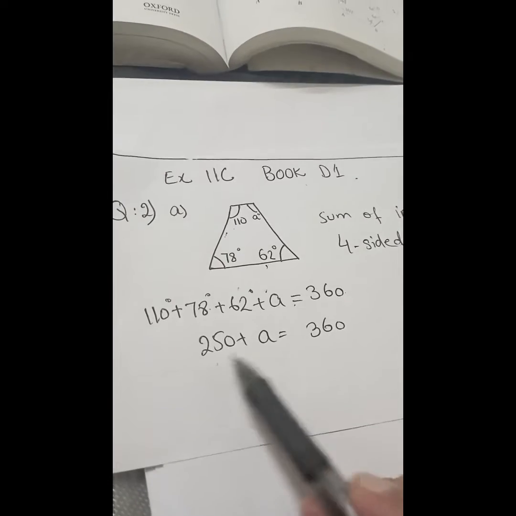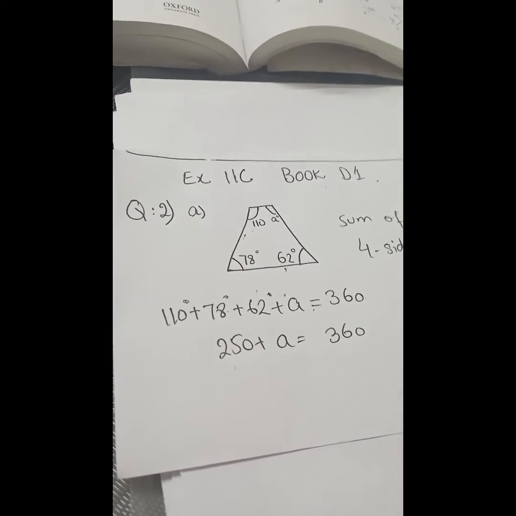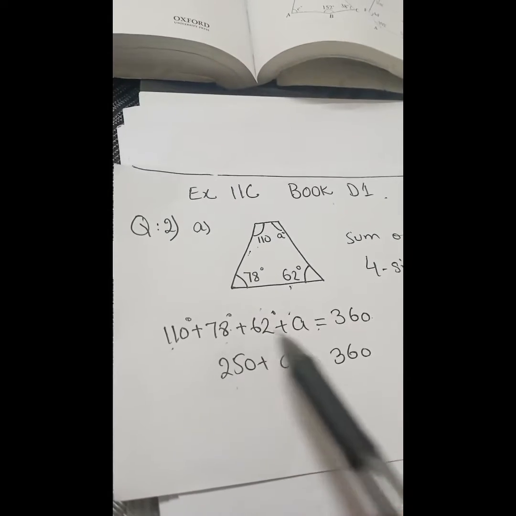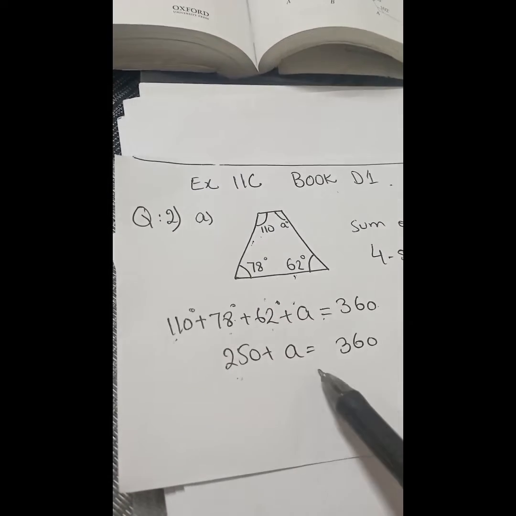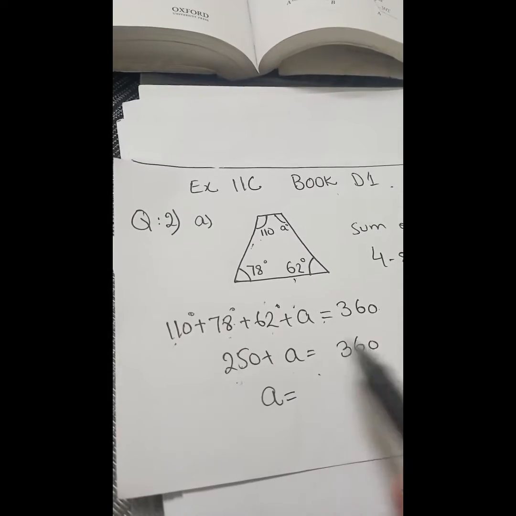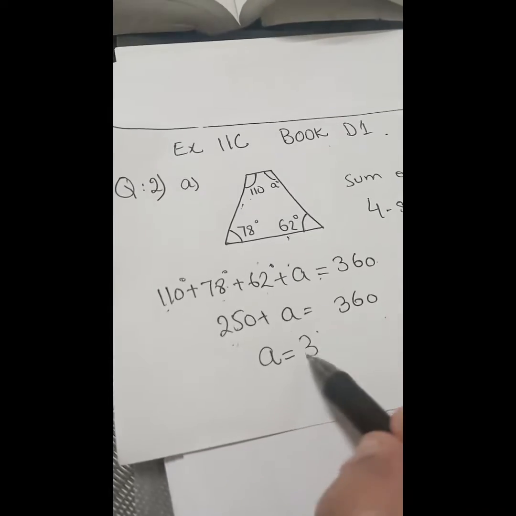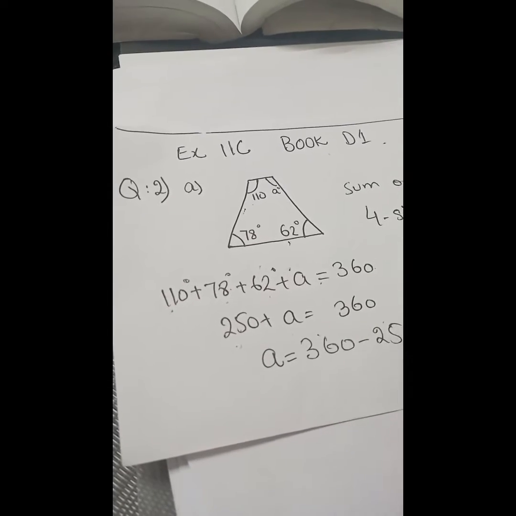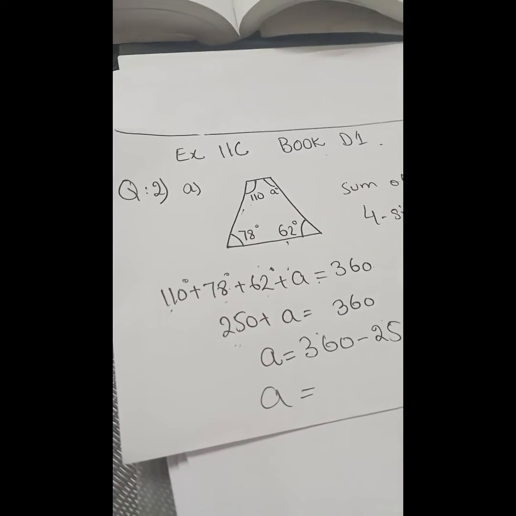So that's 250 plus A is equal to 360. When we add 110 plus 78 plus 62, that is 250, plus A is 360. So let's calculate A by taking 250 to the other side, subtracting it from 360, and we get A is equal to